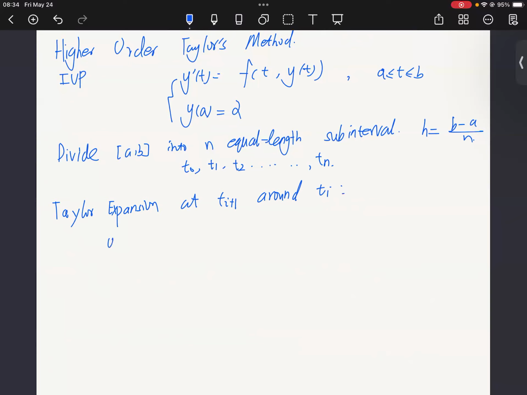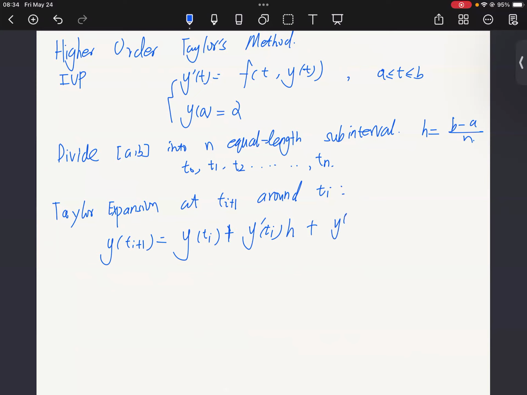If we do the Taylor expansion here, we get y(t_{i+1}) equals y(t_i), plus the first derivative item times (t_{i+1} minus t_i), which is just h, so I'm going to replace it with h, plus the second derivative y''(t_i) over 2 factorial times h squared, plus the third derivative y'''(t_i) over 3 factorial times h cubed, and all the way to h^n over n factorial times y^(n)